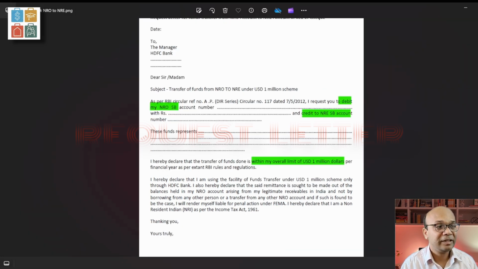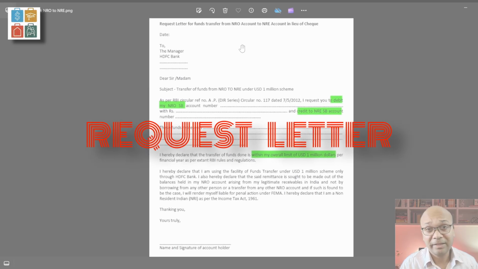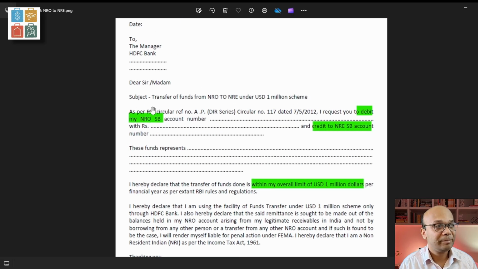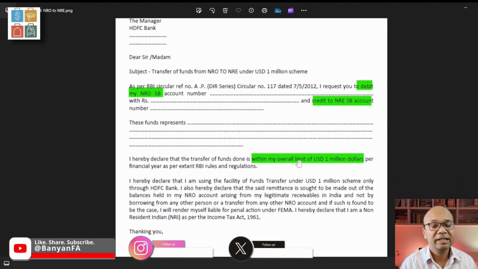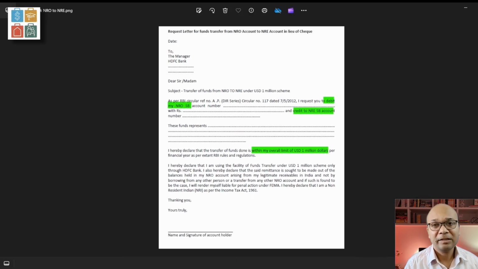Another is the specific request letter which is given to the bank. Over here, this is going to HDFC Bank as an example. All of the banks may have similar declarations or requests where you're saying that please debit my NRO account and credit to NRE. If you're transferring these funds to your respective home country overseas as well, the declaration would be slightly different, but similar. If you see, it also invokes the point that the money is within the $1 million cap, and based upon that, the money can freely go out of the country.